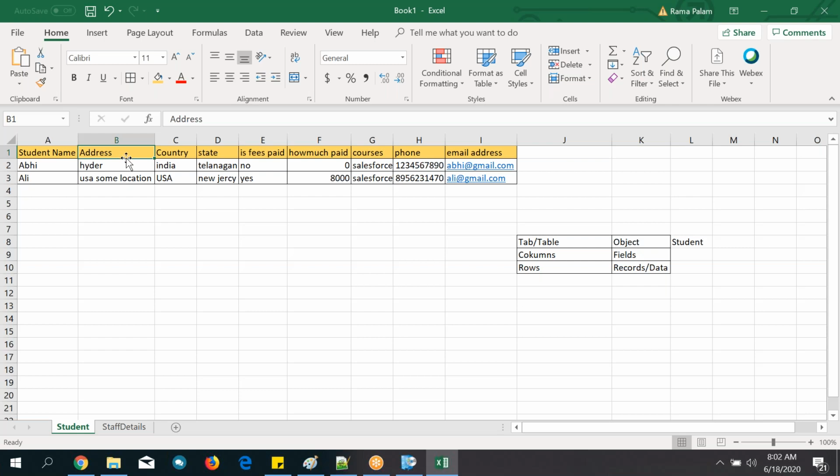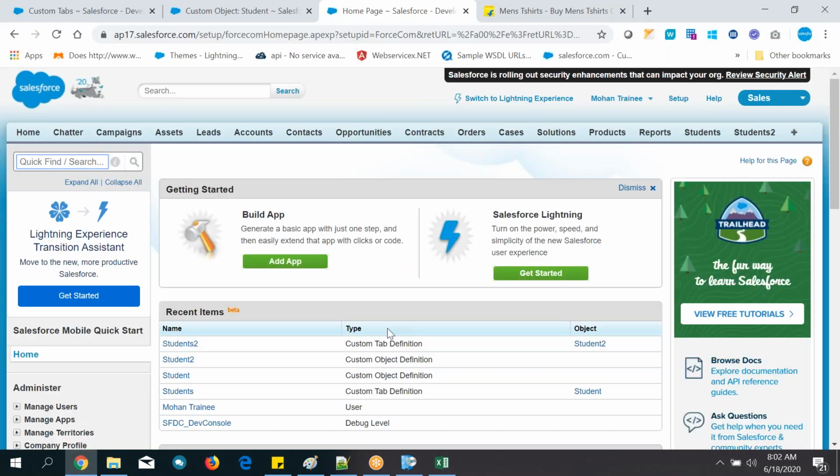If you want to create this field, you need to go to that object and create it in that object only. That is what I am trying to explain. So if you want to create an address field in Salesforce, you need to go to that particular object and create that field in that object only. Understand? So now what is the field you want to create? Address field. So you can go to that object first, and in that object only you can create a field.